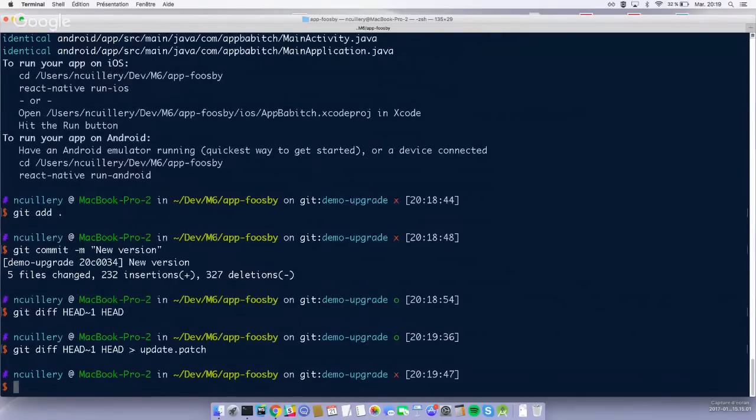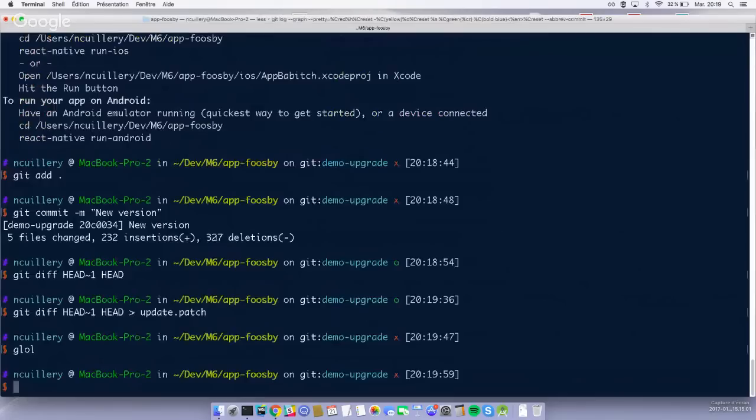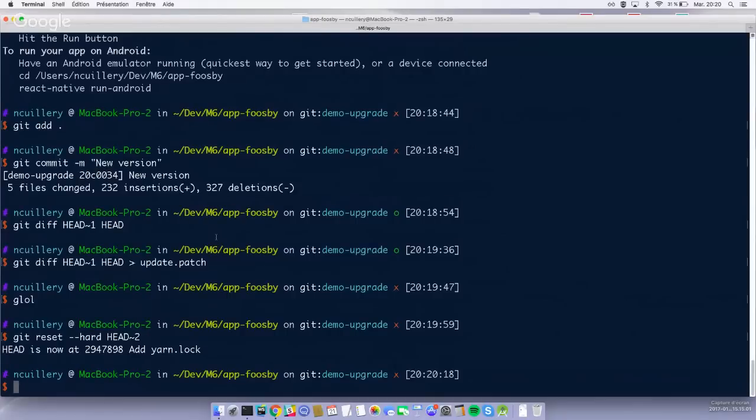Okay, so now I have two commits, old version and new version. I used them to generate the patch, but now they are useless. I will delete them. So git reset --hard HEAD~2, reset two commits. Okay, I'm back to my initial state. I just have